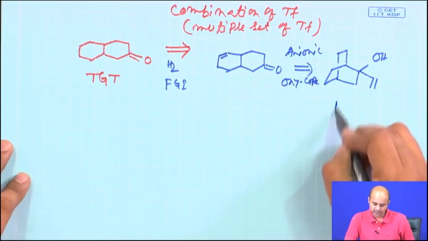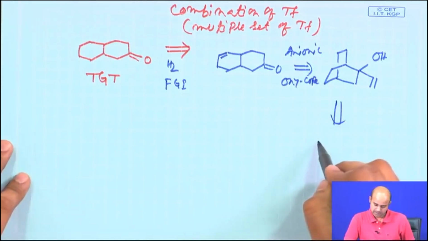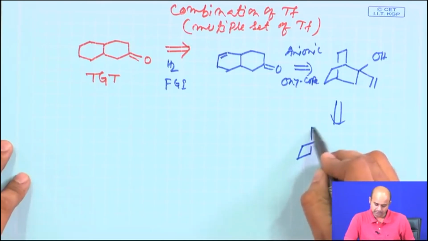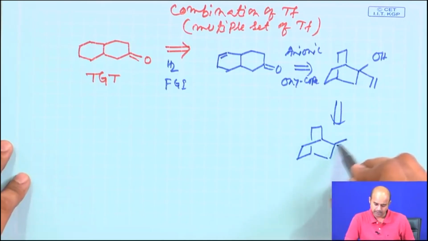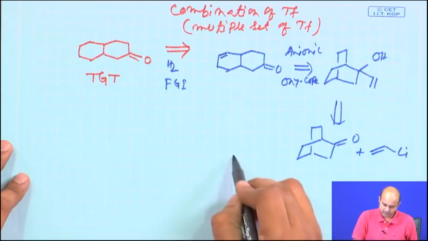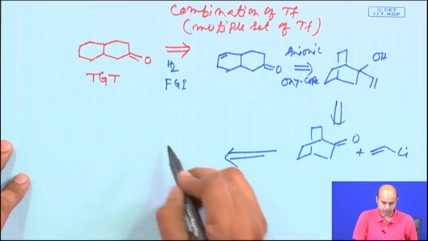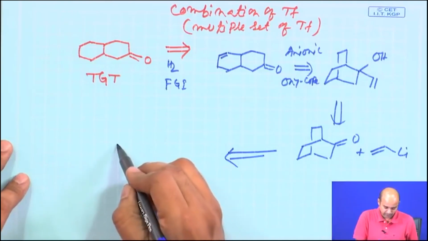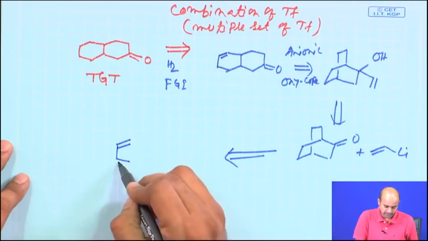Next we go back, we said that this compound can easily be prepared by this reaction, this vinyl lithium is commercially available. This bicyclic ketone we said can be prepared by